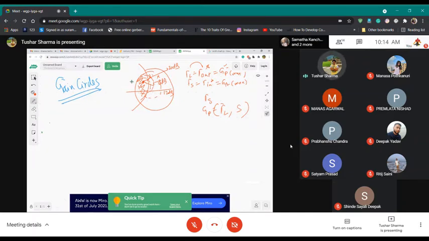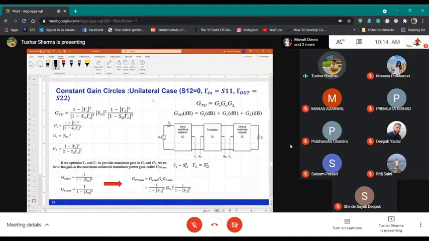So I'm just telling you that a single point is only when you are looking for max gain. That is a single impedance. But the risk of designing for a single impedance is you compromise on stability. That's why you go away from it, but then it's not a single impedance, it's the circle of a particular gain, and you select impedance on that circle. With that, I will move on and explain what those circles are.